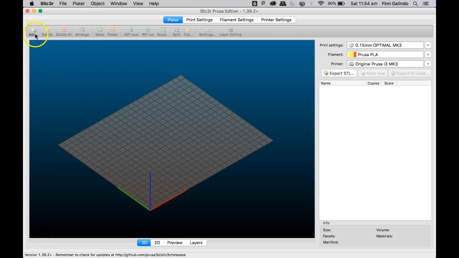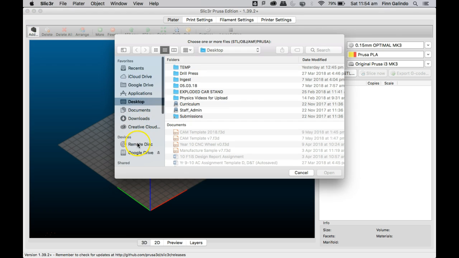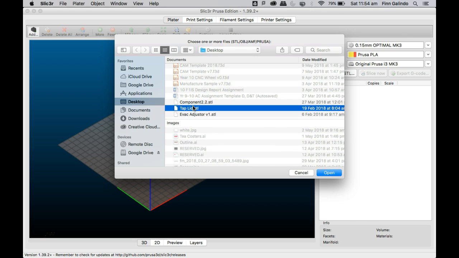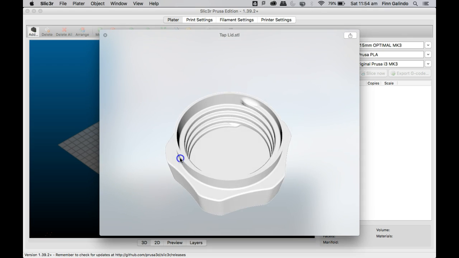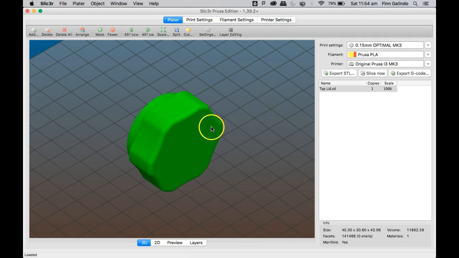So now let's try adding in a print file. So let's go add. I'm going to go to my desktop because I've got quite a few on there, and I've got one. I think the Taplit's probably a reasonable one we can practice on. That looks good. So I'm going to open that, and now that it's been placed onto the build plate,